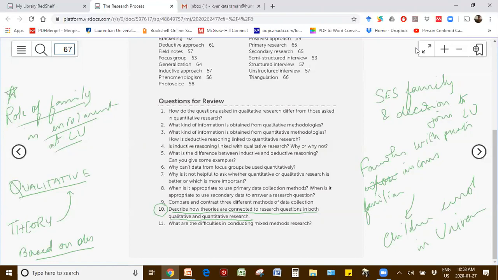But the big difference here is your theory is dictating how you collect your information, your data, and the data is really reinforcing your theory as opposed to explaining something to you. Okay, so that's the big difference between how theory is different between qualitative and quantitative research.